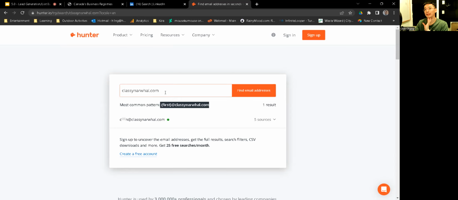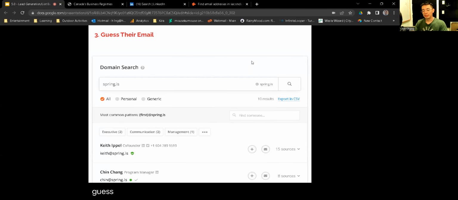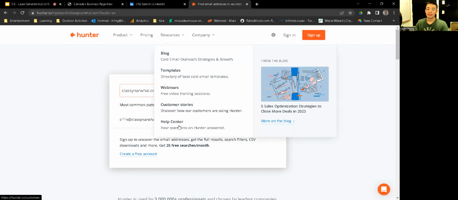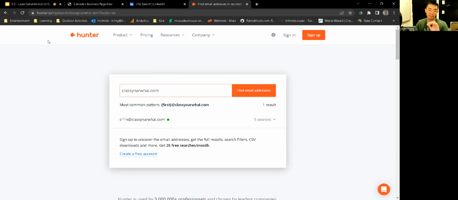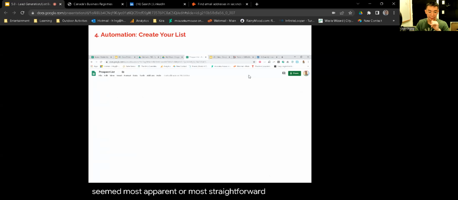Some of them get associated with a role, let's say the CEO will have ceo@companyname.com. But generally, the most common format for most company emails is along the lines of first name @company.com, or maybe it's first name dot last name, or maybe it's initial first name and then full last name, or maybe it's first name initial last name, or maybe it's first name underscore last name. So you could try different ways. So you guess the email. You can guess multiple if you don't have a clear answer, but don't waste too much time, right? Try to guess the ones that seem most apparent or almost straightforward.